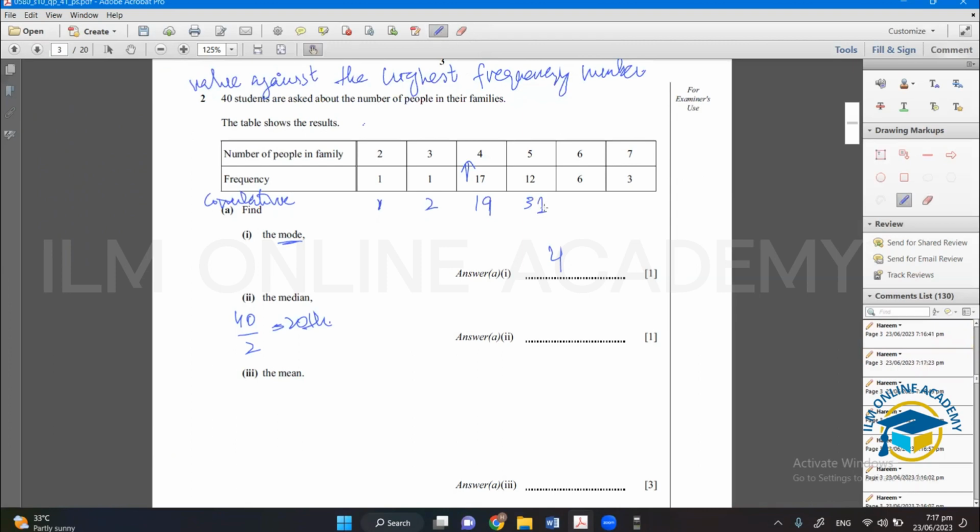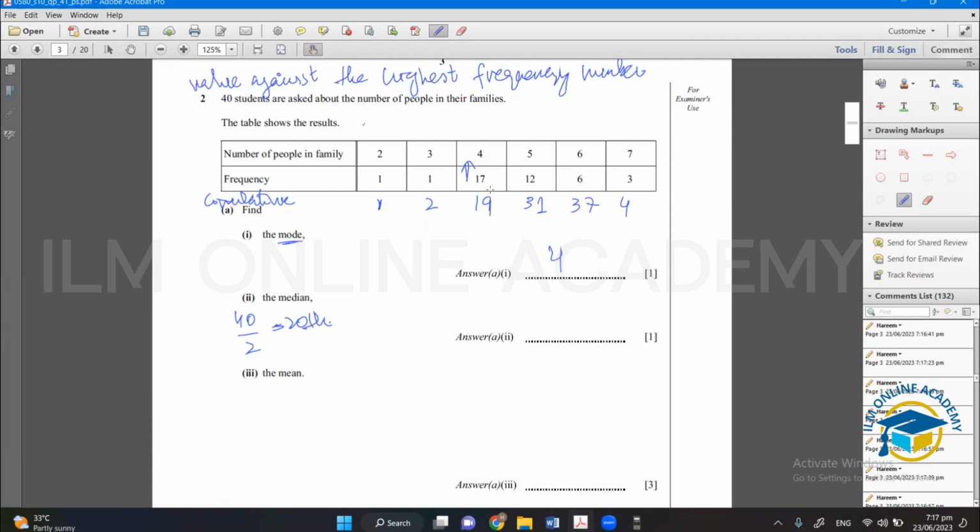Okay, it's 31. And then again, what we were doing was 12 plus 19, it's 31. Then 31 plus 6, so 37. Okay, then 37 plus 3, it would be 40. Now the median is